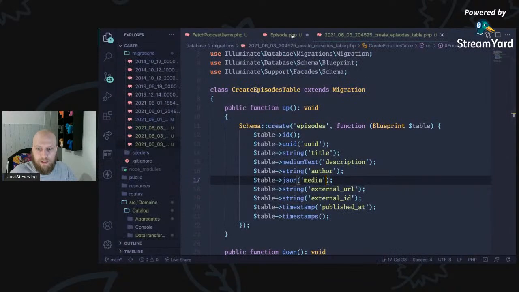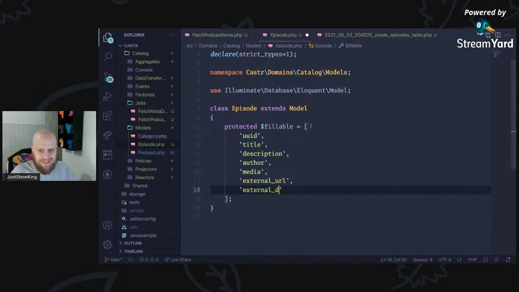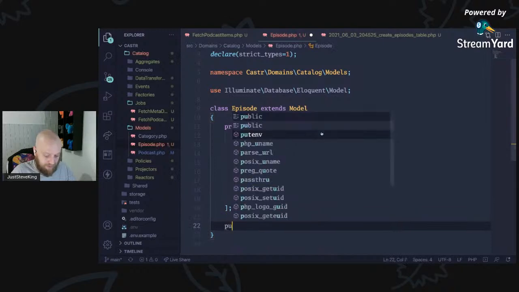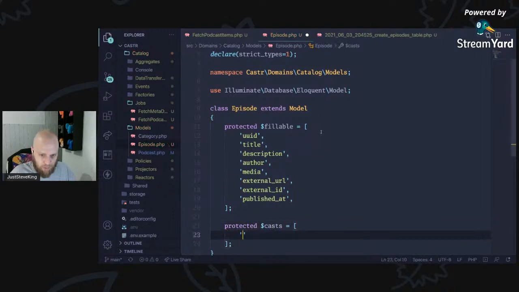We will also have external information, so the external URL, which is like the share link from Transistor, then the external ID, which is the ID reference to it, and then we're going to have a published at as well, and then we're going to want to do some casting. So protected casts, we are going to have media is going to be